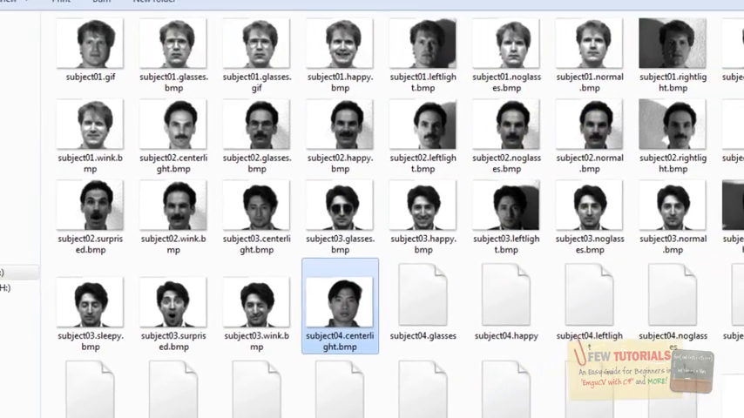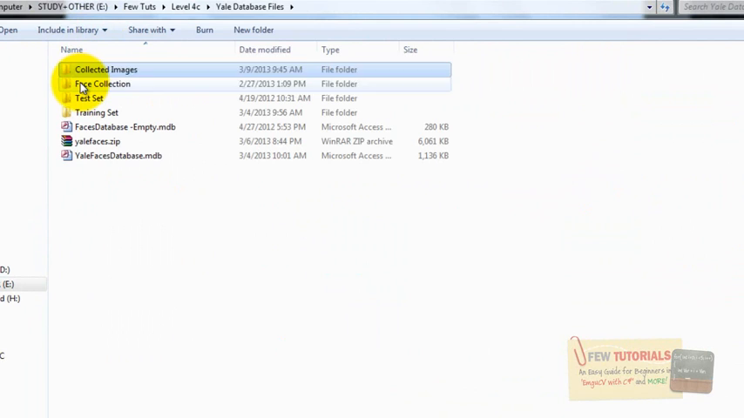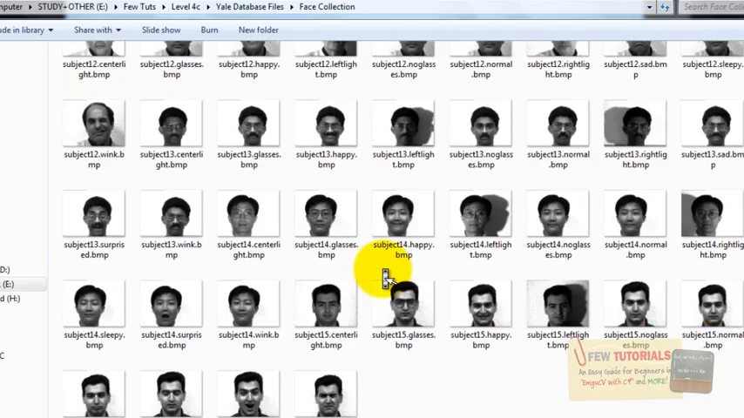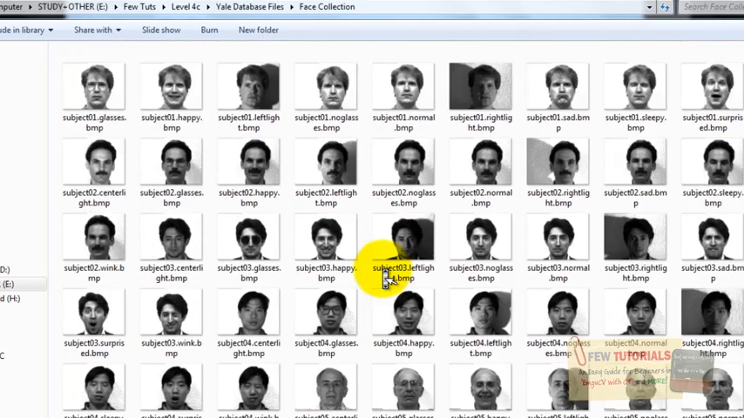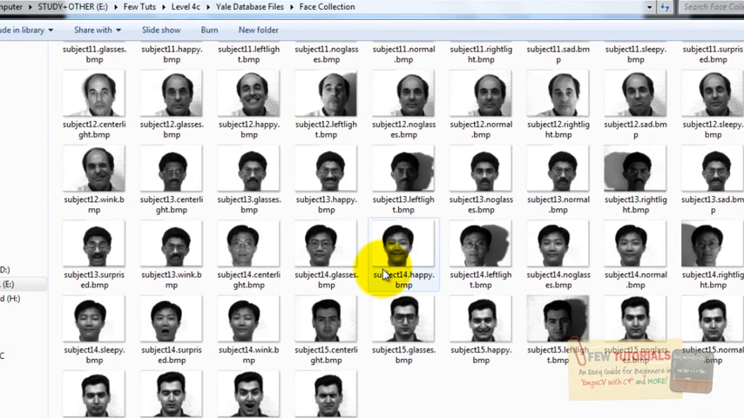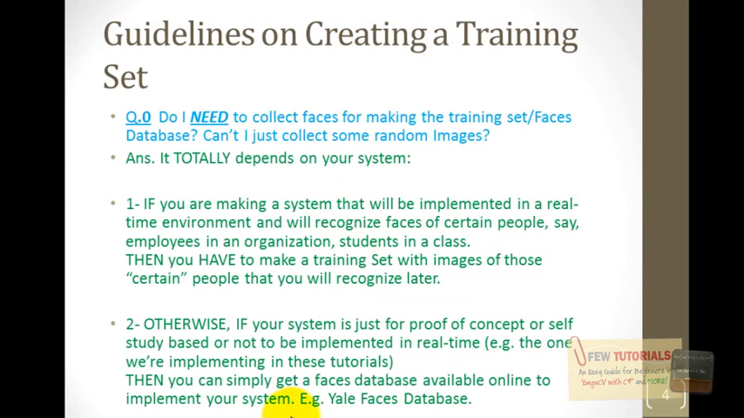When I renamed all of them, when I added extensions to all of them, they looked something like this. Now these are exactly as written on their website: 15 people with 11 face expressions each. When you download and view them, you can have a detailed look at what they look like and which expressions they are. So that was for option 2, but moving back to option 1, where you are implementing some system